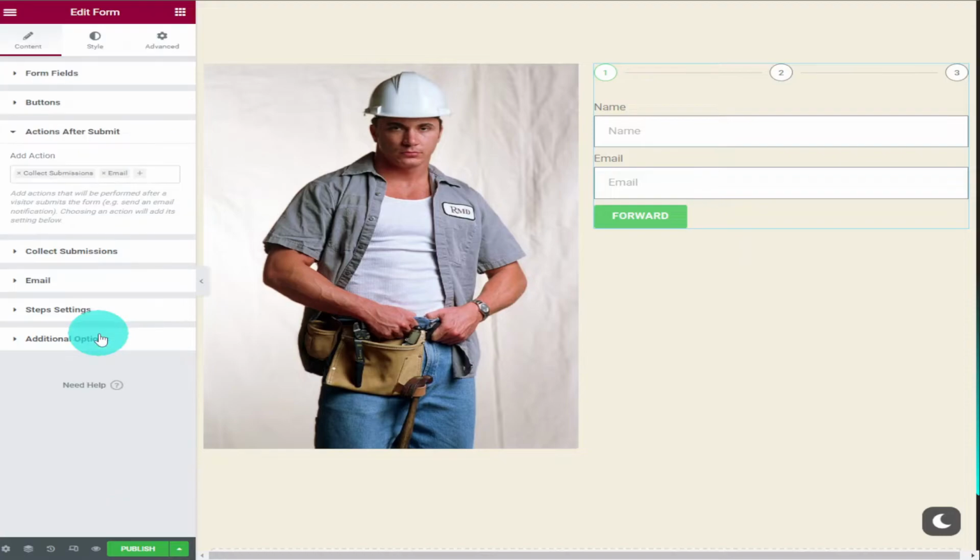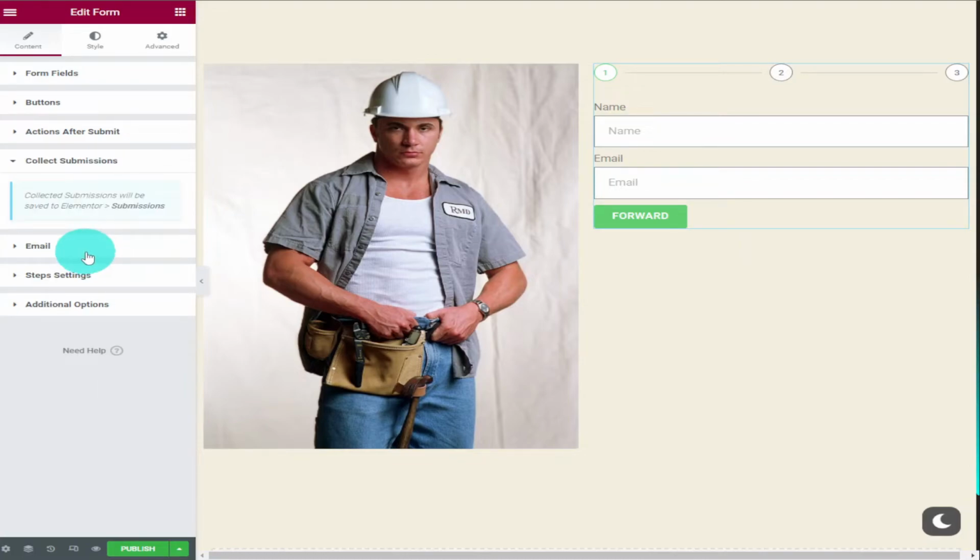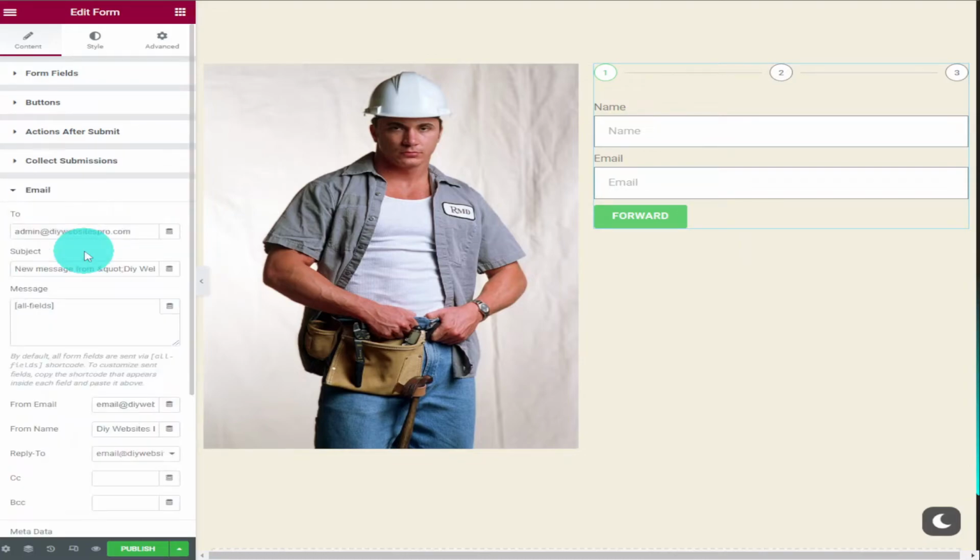If we want to redirect one of our visitors to a page once they've finished submitting our form, we can do that in here. We can also do things like send thank you messages and open and close pop-up windows. Moving down on the left hand side, we're going to click on email, and this is where we can change the format of our form once it's sent to us. If we want to change our email address, we can, and we can change our subject title so we know